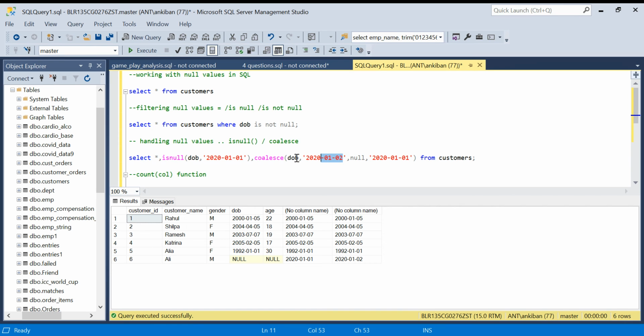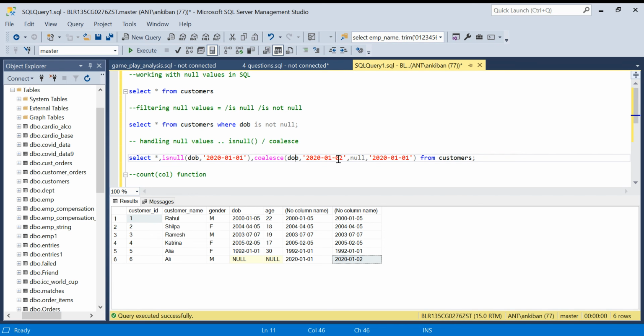So what it will do, it will start from left. This is your first argument, second argument, third argument, and you can pass as many as you want. It will pick up the first not null value. So the first not null value is this, and it will pick and give it. So instead of here I have hard coded multiple values, you can pass column names also. Let's say you have some other column in your table, you can pass here, second column you can pass here, third column you can pass here, and wherever it will find a not null value for that row, it will just replace the value with that.